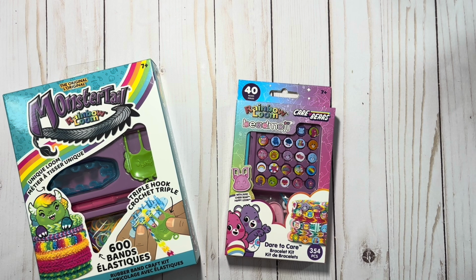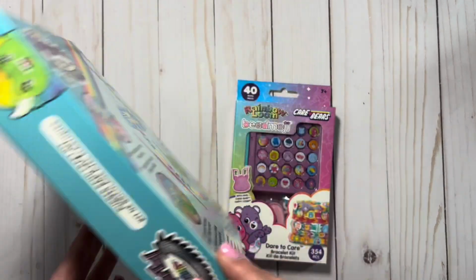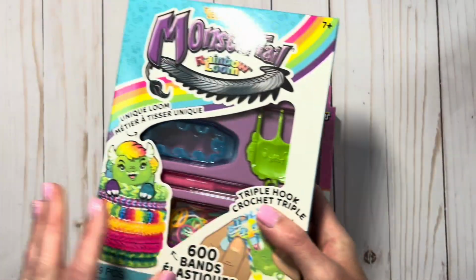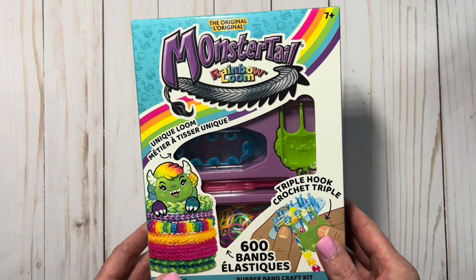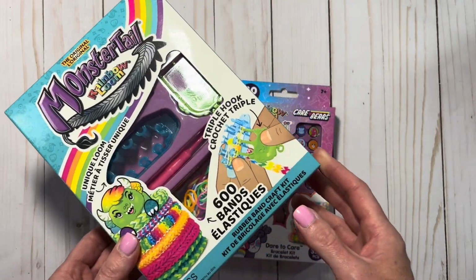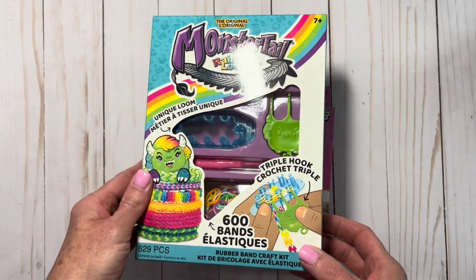Actually, they're kind of new, but not really new, but they've got some new packaging, a little bit of a better upgrade to the product, and we're gonna unbox these together. I have not opened this yet. You can see I wanted to kind of dive in with you guys. So this is the monster tail, and we'll do some original packaging and the original monster tail when we unbox